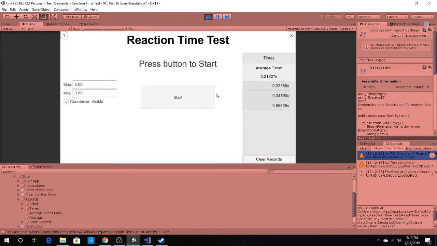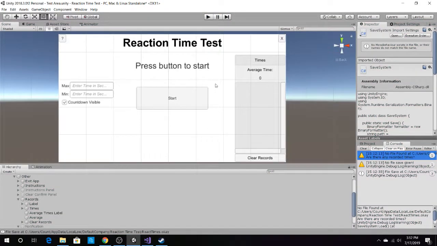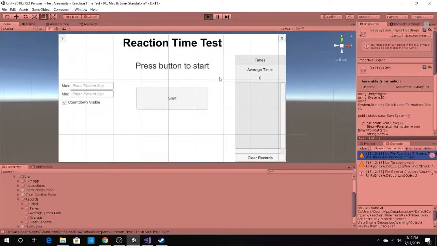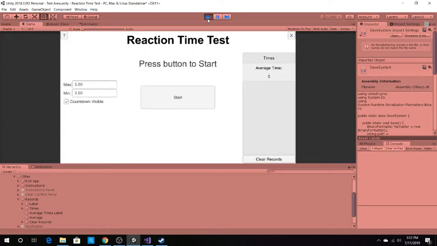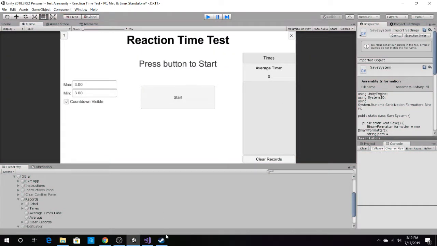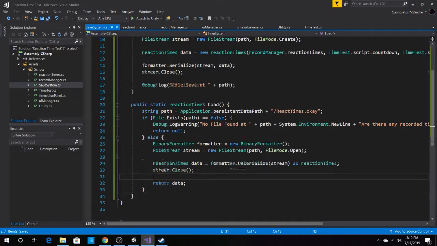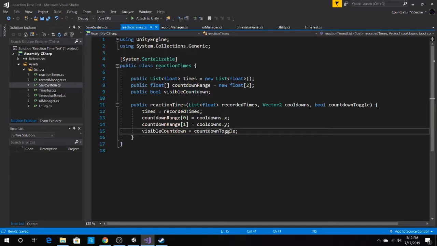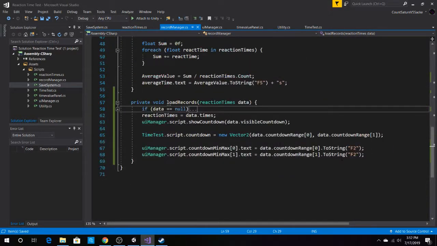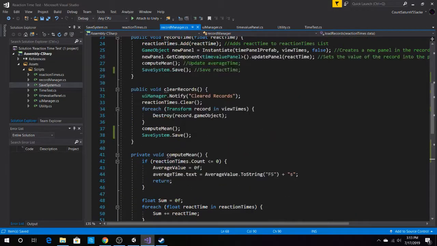And if I was to exit now, and let me just check, nothing happens, but the reason why is because I forgot to actually do something in the reaction times, and when we do all this, we also want to do